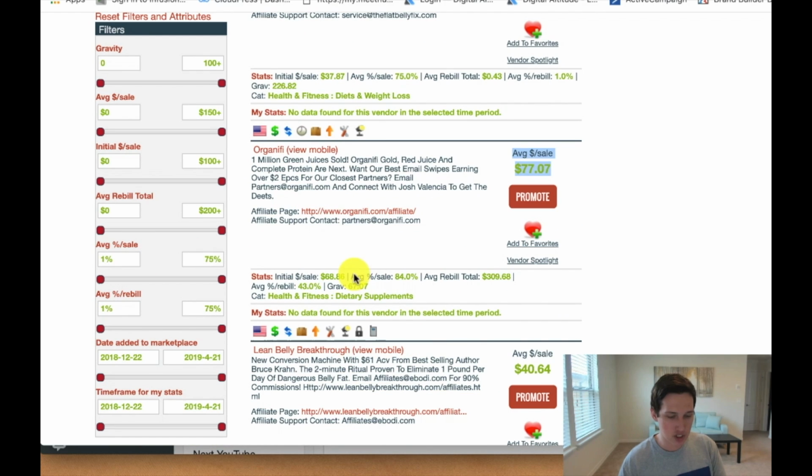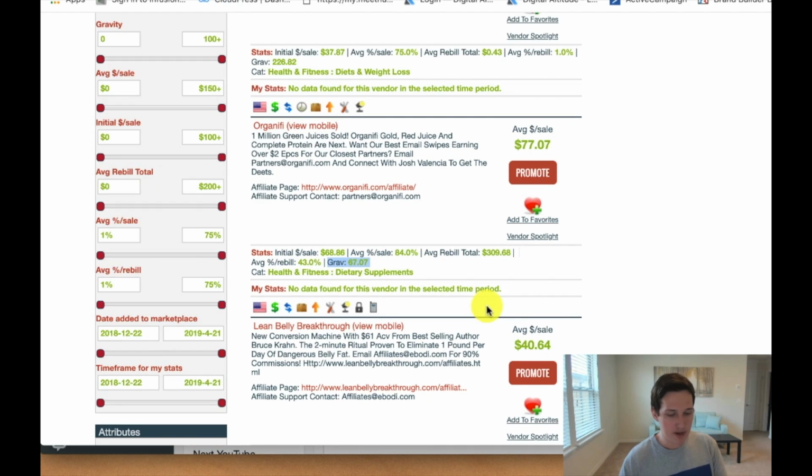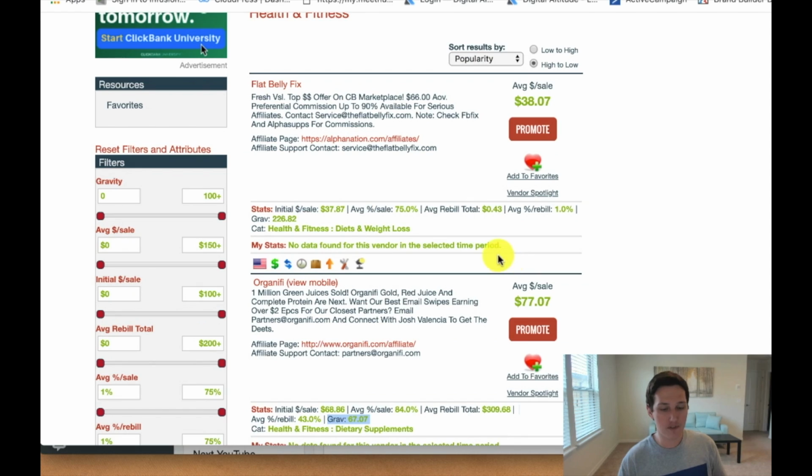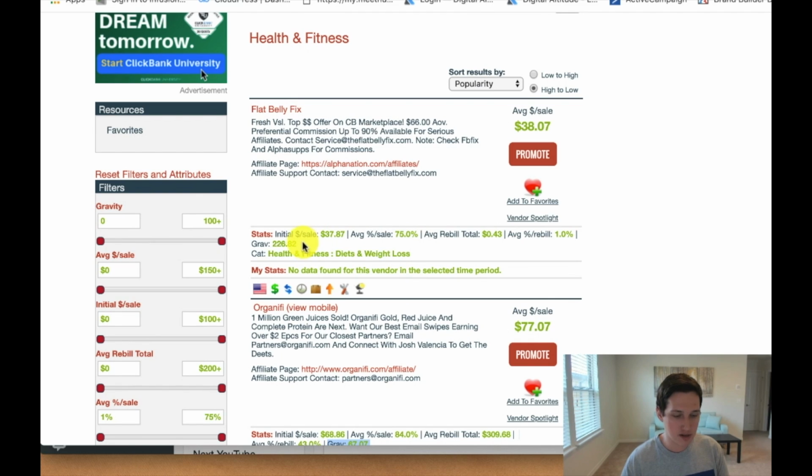I would also pay attention to the gravity. So if the gravity is lower, it means you probably are going to get less conversions, meaning when people visit the sales page, it converts a little bit lower versus up here, it's got a really high conversion. So that's kind of going to be what it's going to depend on, and it's also going to be on